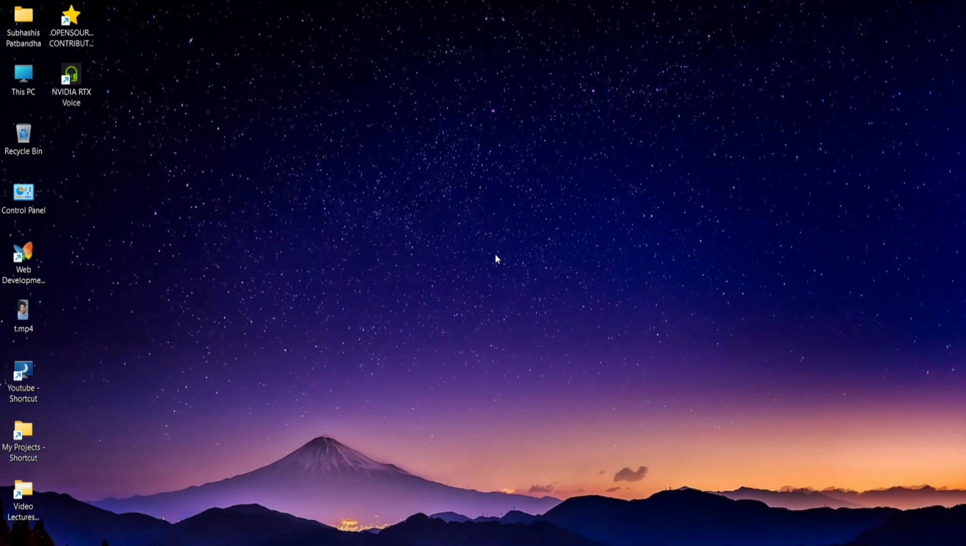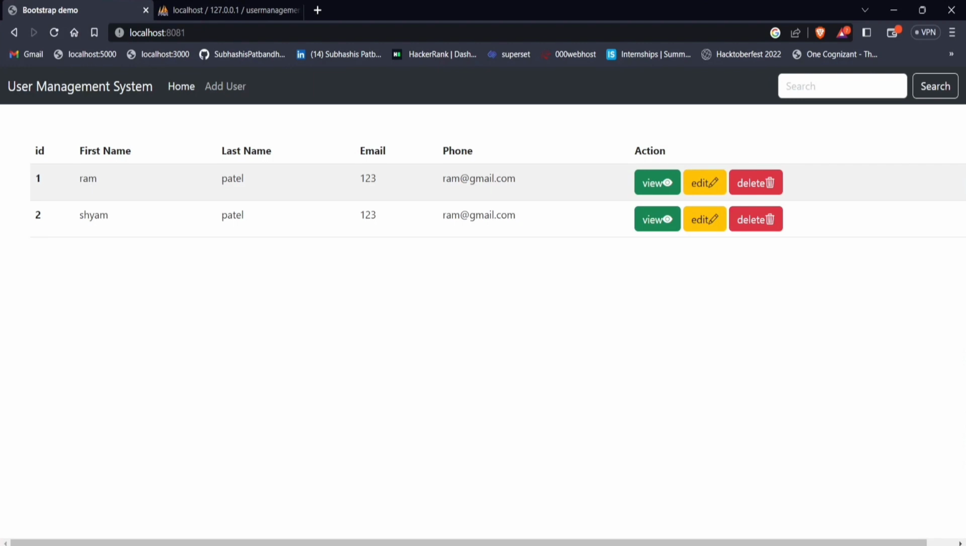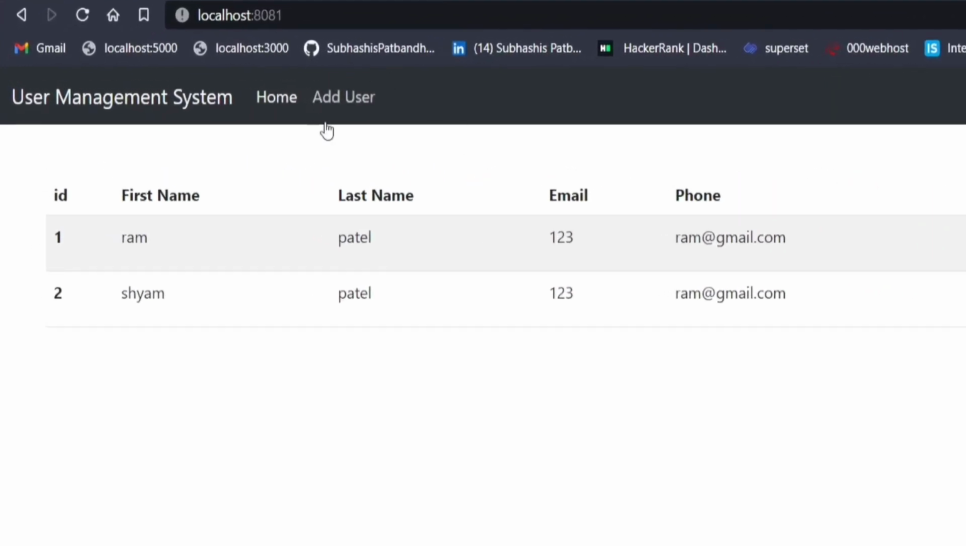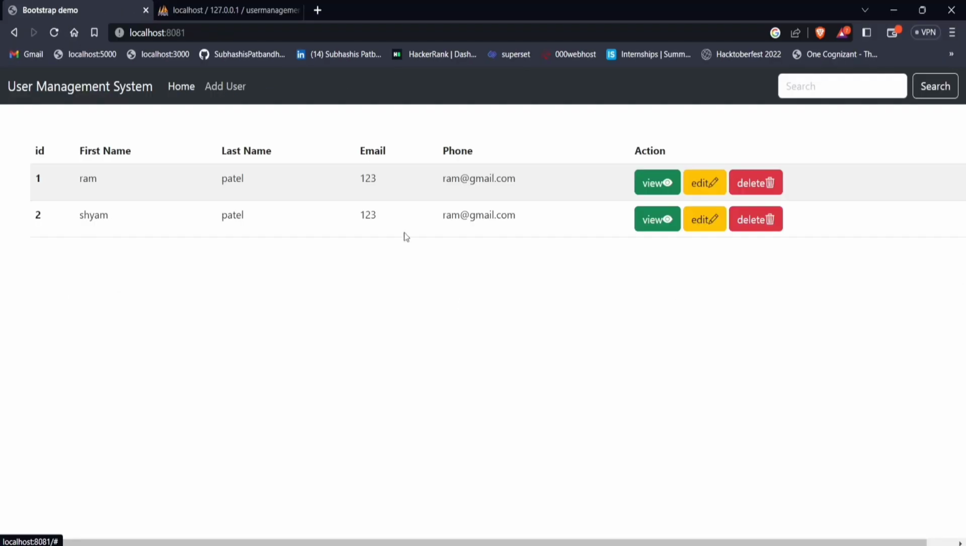This is Washish and you're watching the fifth part of our user management system with the help of Node.js, Bootstrap and MySQL. In our previous videos, we have created the search functionality, and in this video, we are going to implement the add user functionality. As you can see, we have an add user button and now we are going to